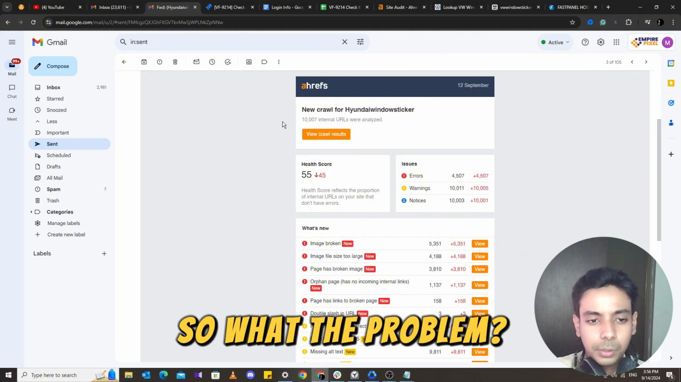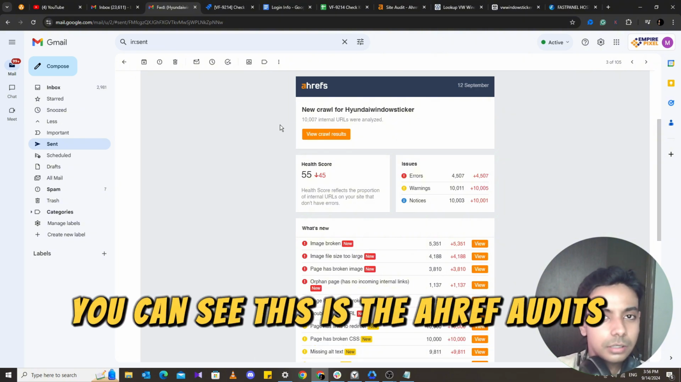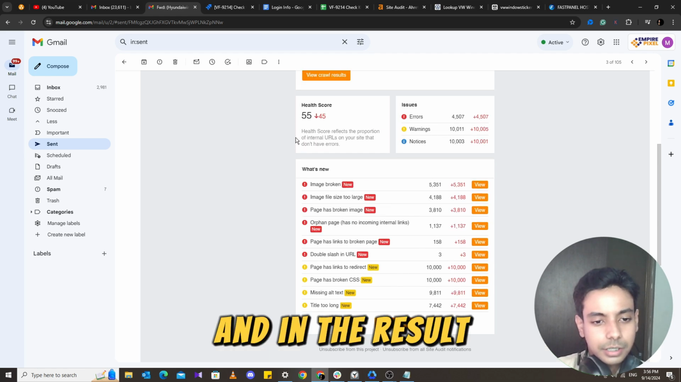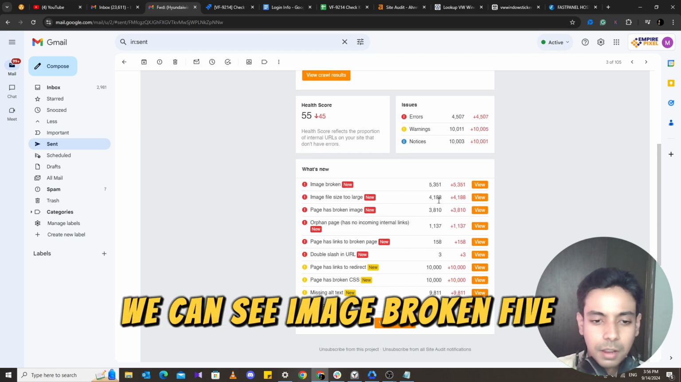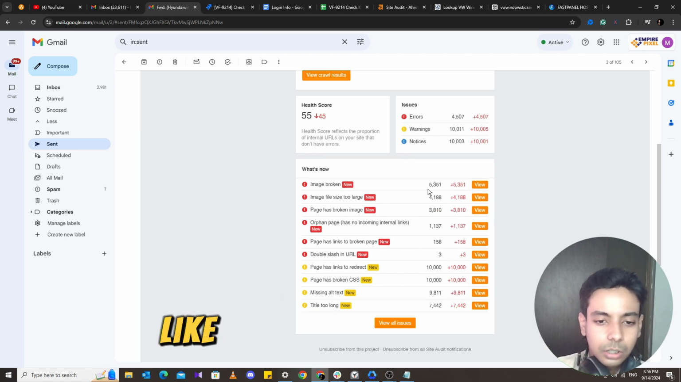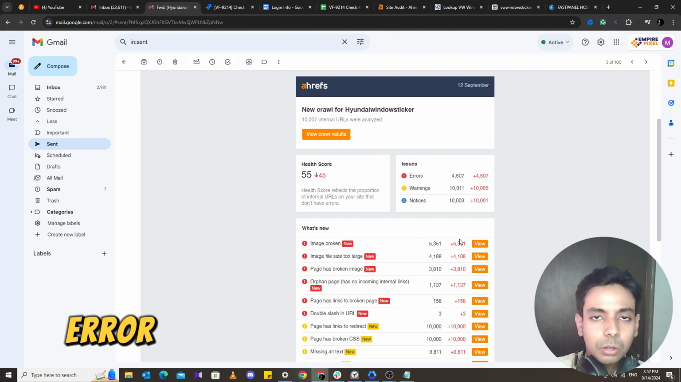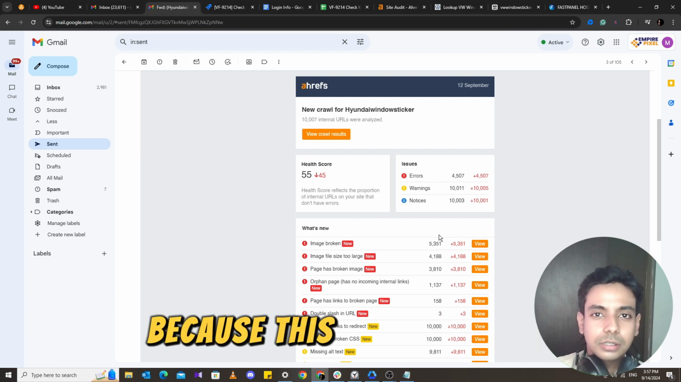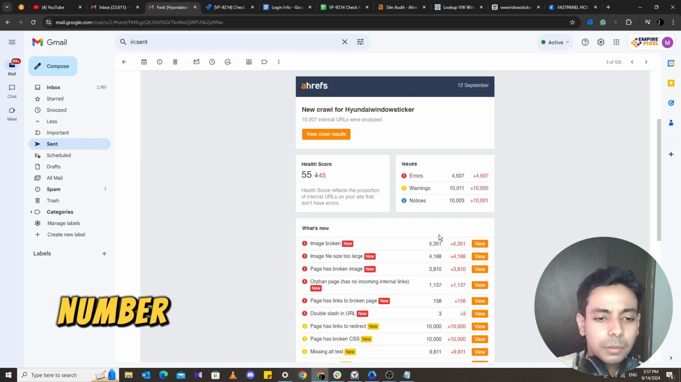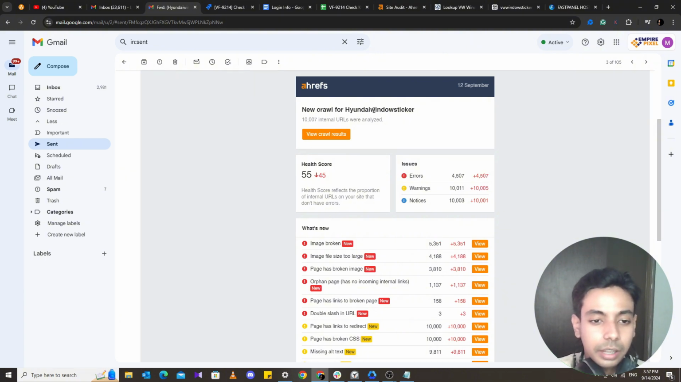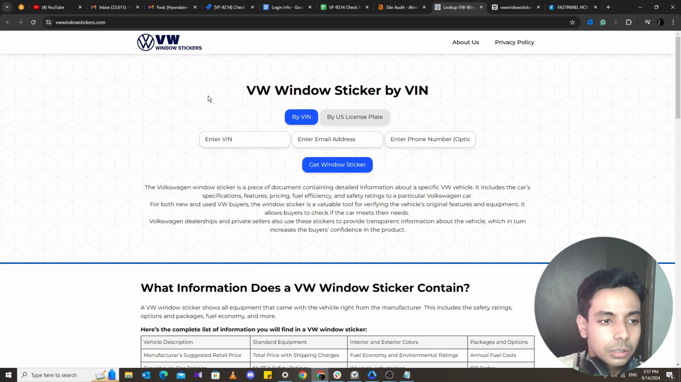So what's the problem? You can see this is the Ahrefs audit result, and in the result we can see image broken 5000 and so on, like all of this huge file. We even see thousands of errors right here. This is not correct, because this is malware and the actual number of pages is less than 5 for this domain. And actually I already fixed this issue, and I will show you another example, which is this